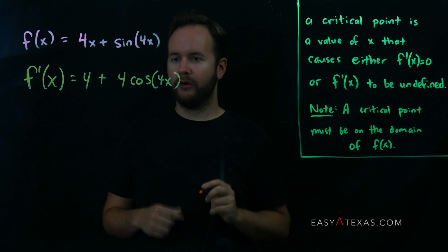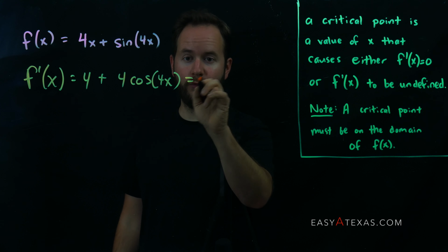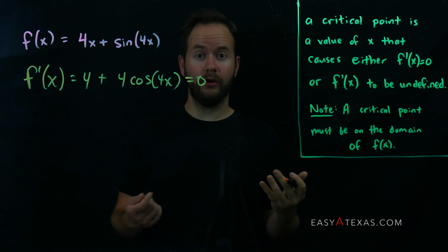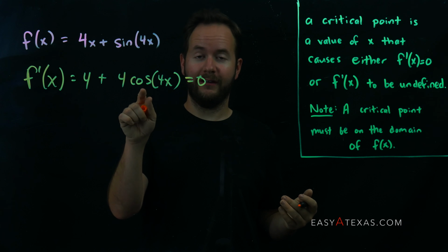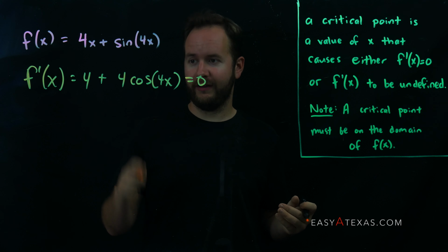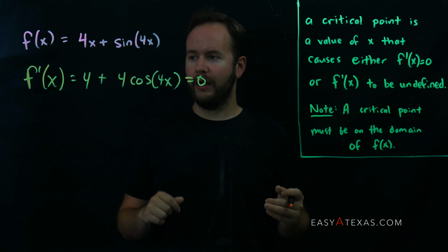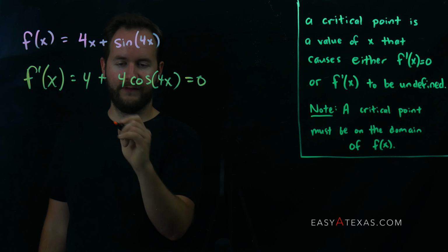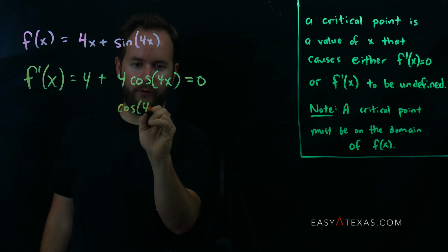Okay. Critical points are the values of x that cause this to equal 0 or to be undefined. Well, I've got some good news. There is no value of x that's going to make this undefined. So all we need to worry about is the value of x that caused this thing to equal 0. That means I'm going to subtract 4 from both sides and then divide by 4, giving me cosine of 4x